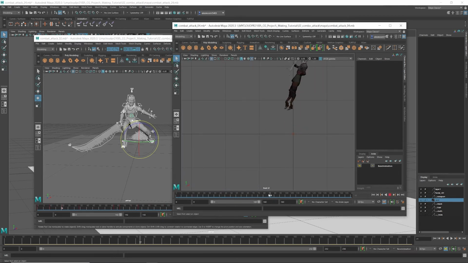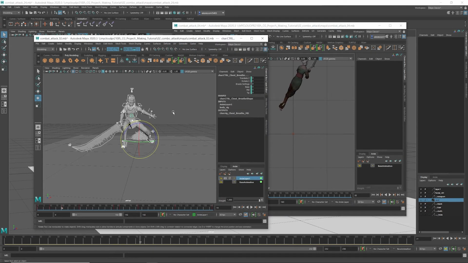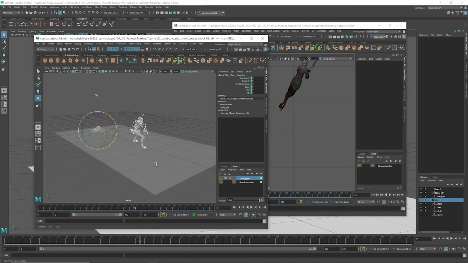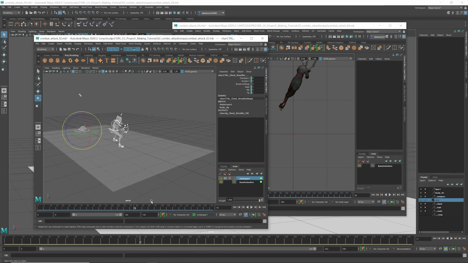Then this one I just made, he turned twice. It depends on how much time you have with your clip. If you have more time, you can try some more, you can tweak more. But if you don't have time, or if your game style is not a realistic style, you don't really need